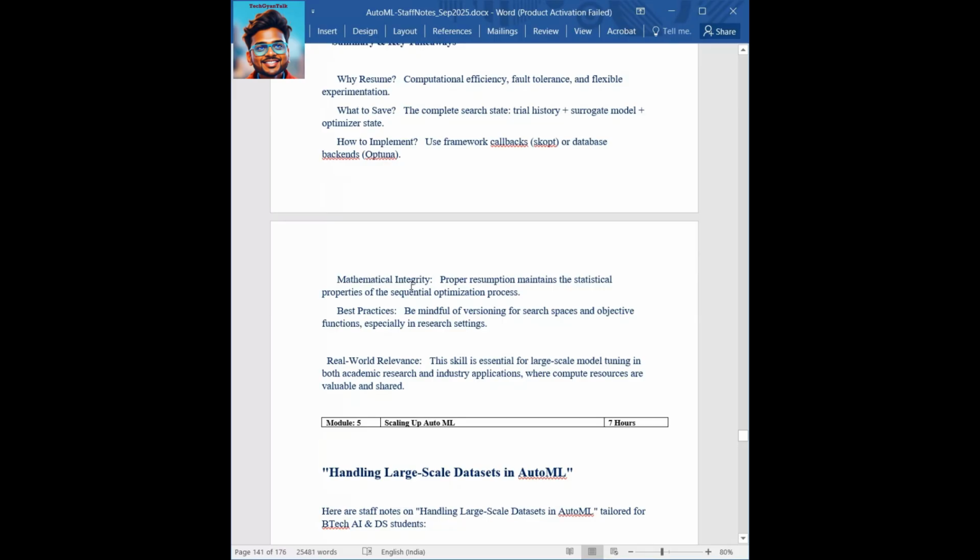The mathematical integrity: proper resumption maintains the statistical properties of the sequential optimization process. And these are the best practices: version tuning for search spaces and objective functions, especially in search settings and real world relevance. This skill is essential for large scale model tuning in both academic research and industrial applications where compute resources are valuable and shared. So that's all about the